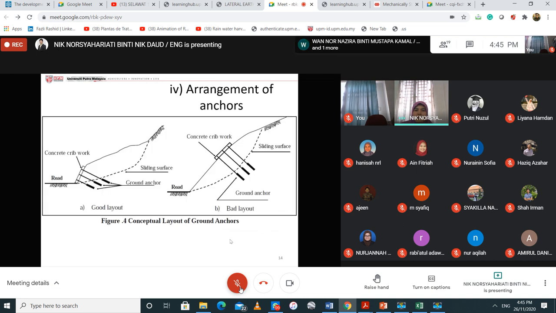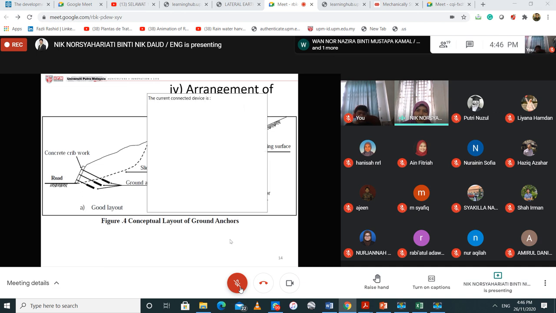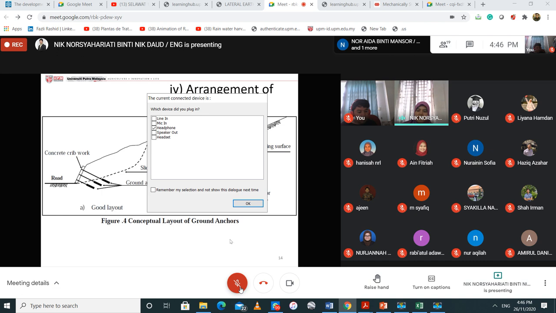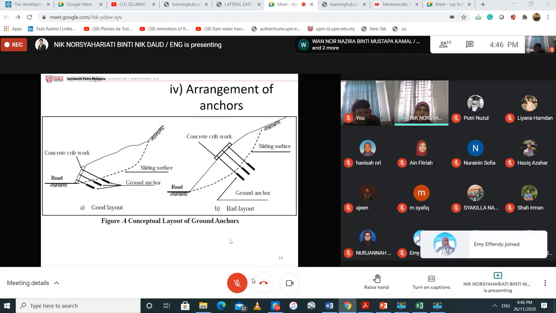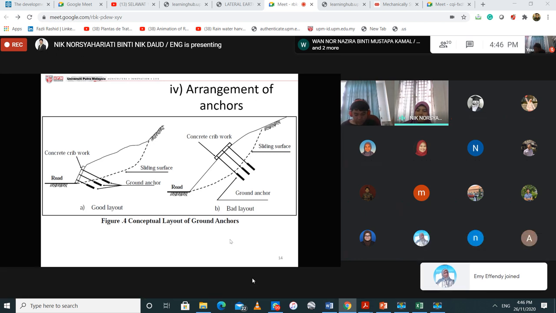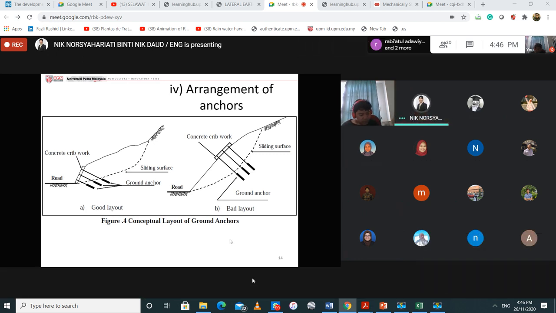right. Then again, yang saya kata tadi kan, step by step thing, the procedure, the arrangement of anchors ni pun the main things that you need to do. Sebab kalau you dah check the anchors, the length and then the bearing plate and etc., then suddenly it doesn't suit with the result that you want to design, then you need to go back to the arrangement of the anchors. Okay, so here if you can compare, there's a good layout for figure A and then there's a bad layout for figure B. Okay, so if you look at here, this is a good layout which is at the toe